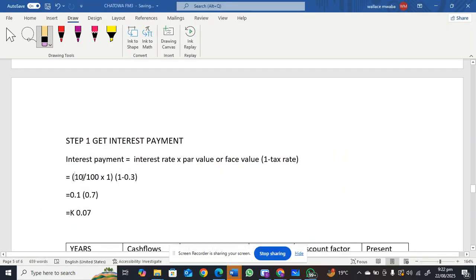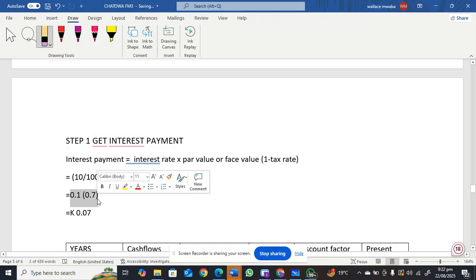So say 10% of the par value, which is 1 kwacha, open brackets 1 minus 0.3. The 0.3 is the 30% tax rate. So 10% of 1 kwacha is 10 ngwe. 1 minus 0.3, you get 0.7. 0.7 times 0.1,